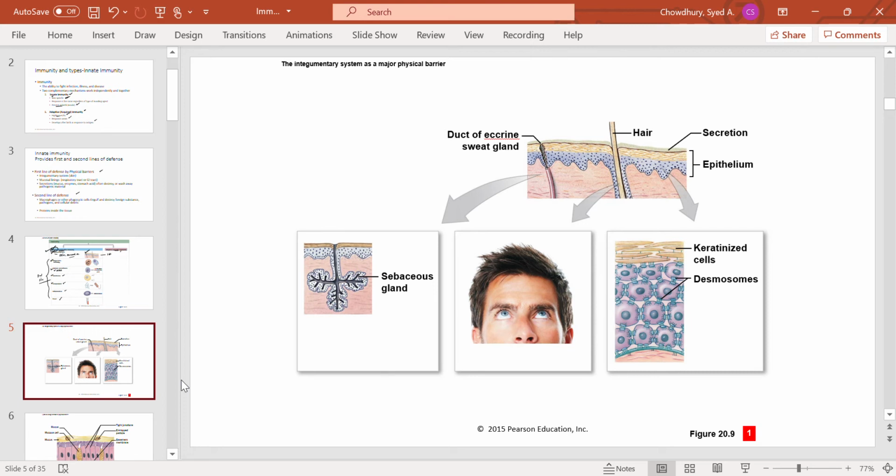So your skin, you see, this is the structure of the skin. Skin is a barrier, right? It covers the whole body, and if any antigen tries to enter into your body, your skin will first try to stop that, right? So it belongs to the first line of defense. Skin has stratified squamous epithelium. You must remember, squamous are the flat cells and stratified indicates many layers, right? So many layers of flat cells, and these cells are filled with keratin, a protein that